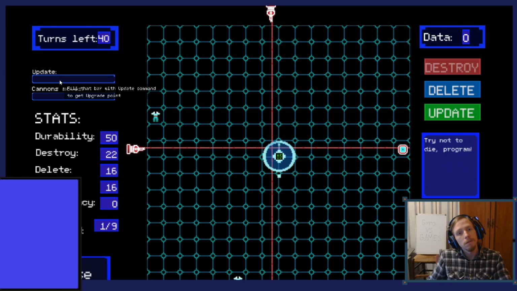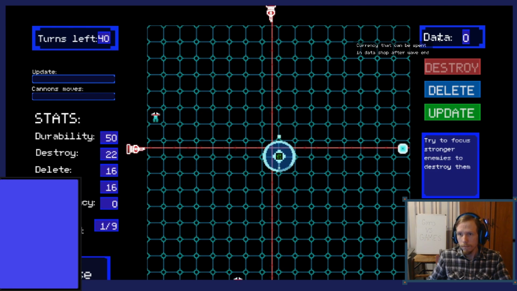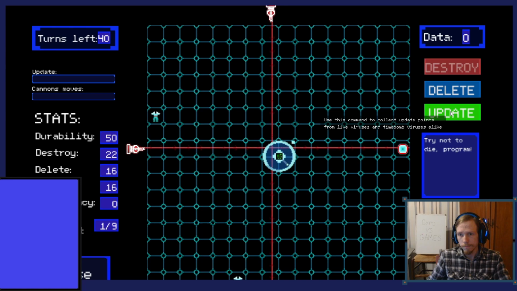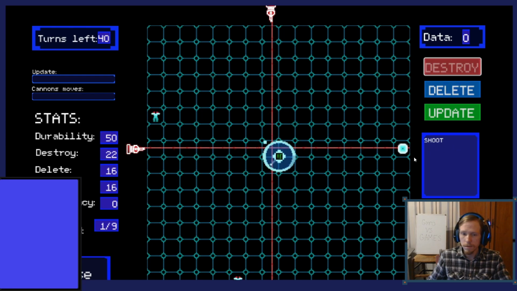Update command to get upgrade point. Yeah, you can do it like this. Okay.